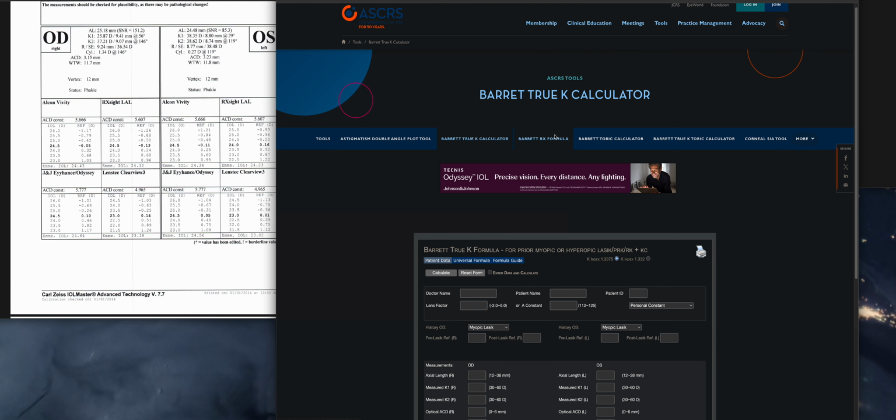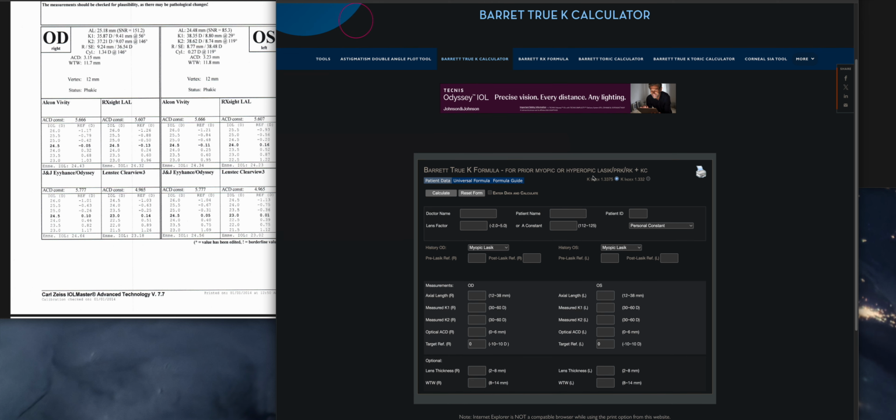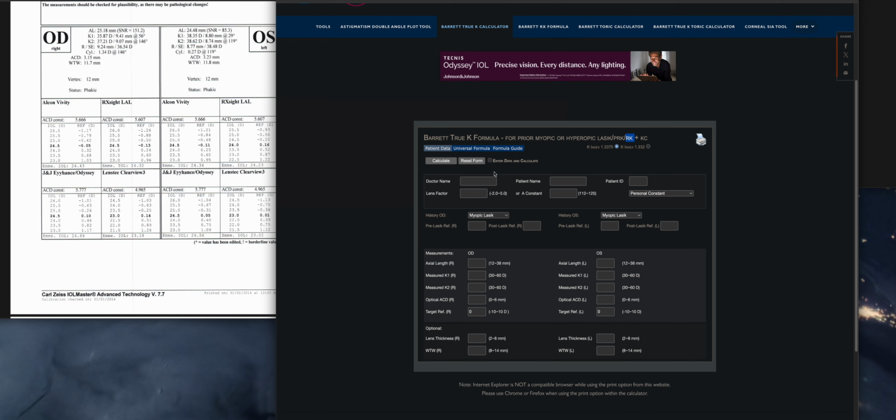Here you can see that Barrett II K says it's for myopic or hyperopic LASIK, PRK, RK. What we're interested in is the RK. So for the sake of practice, assume that this is the IOL Master 700 printout, and